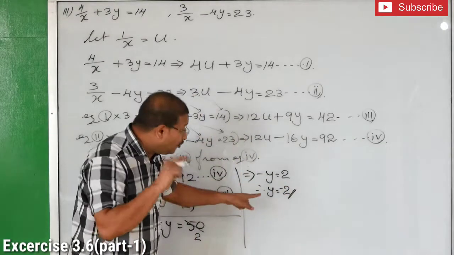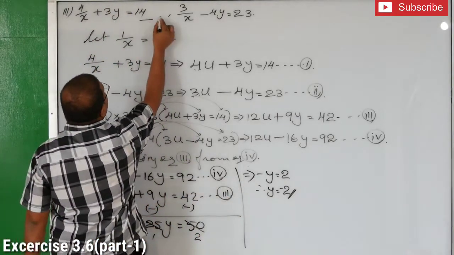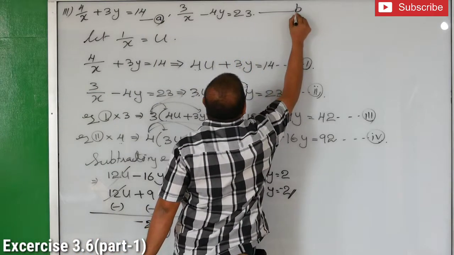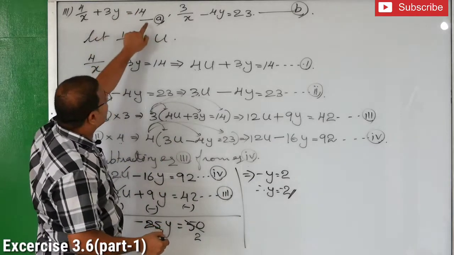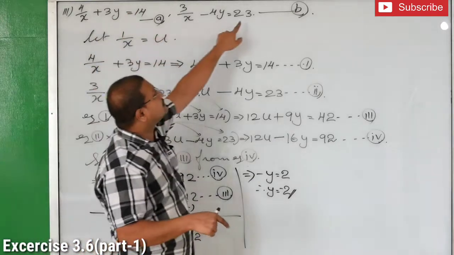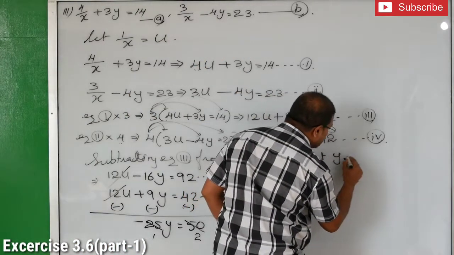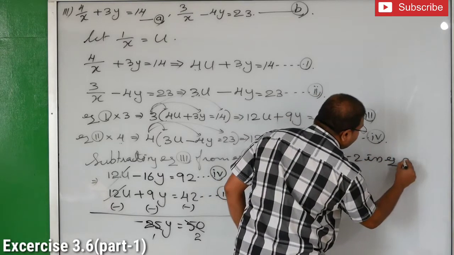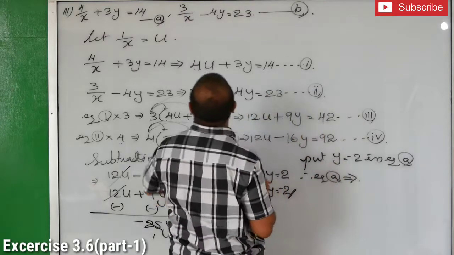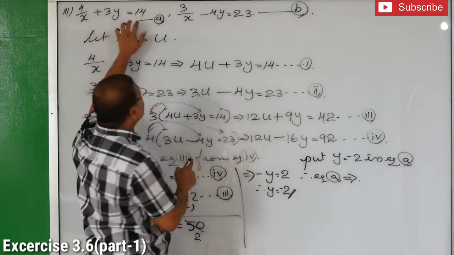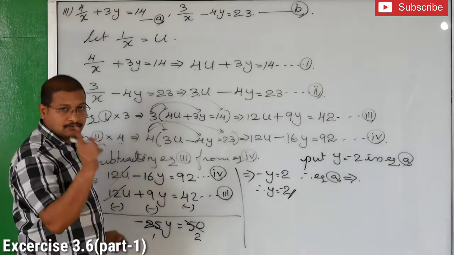See now, the value of y we will put in the first equation. This one we will keep as equation A, this as equation B, because we can do it directly. Ready? That means what you will do? Put y equals minus 2 in equation A. Therefore, equation A implies, what is the first equation? See, not this one, I am putting here itself, because if you put here the value of y, we will get directly the value of x. Ready? That is